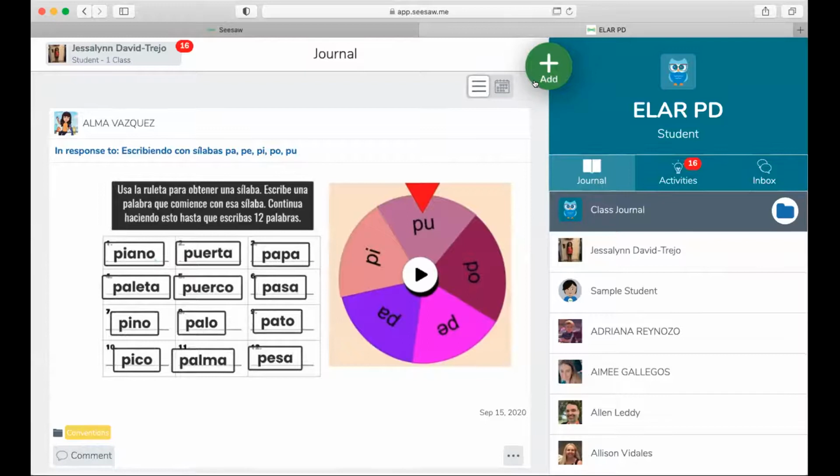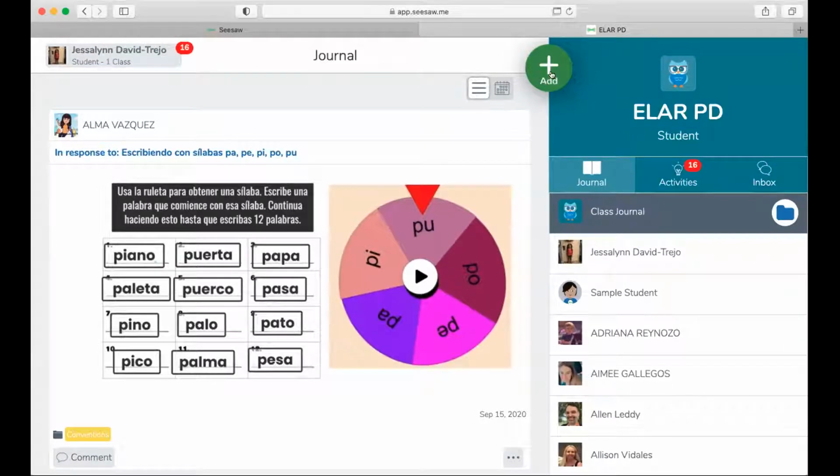So right here under that plus button, and I want everybody, if you guys are looking at your own screen, go ahead and come back over to the screen to share so that you can see the features that I'm gonna show you right here. So this is the add button.